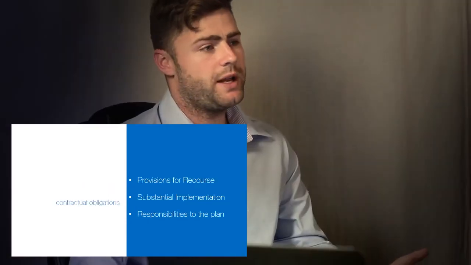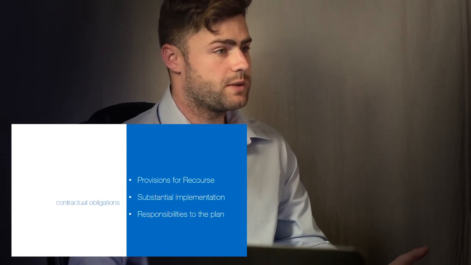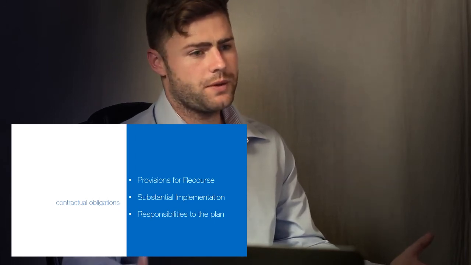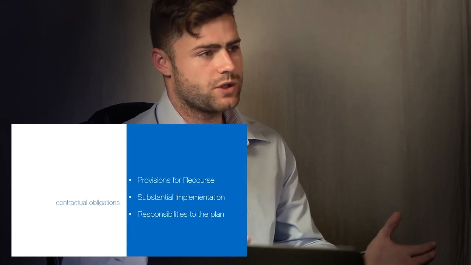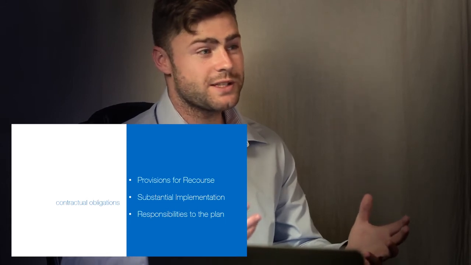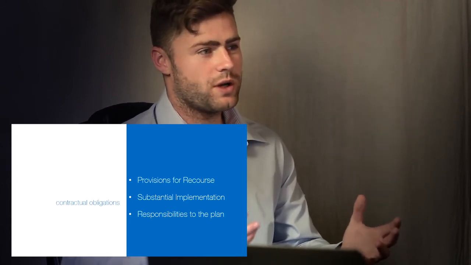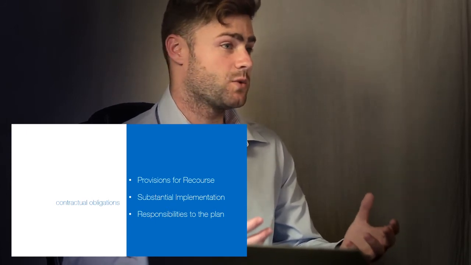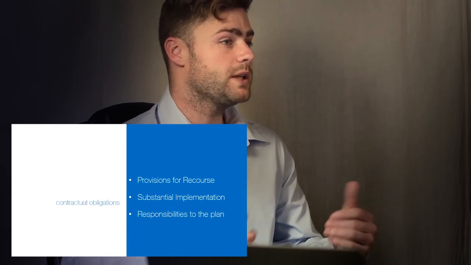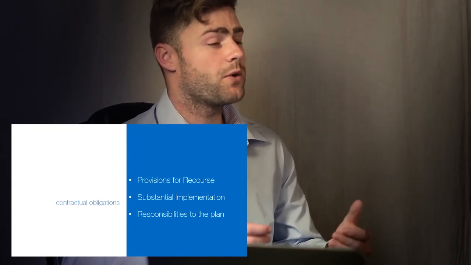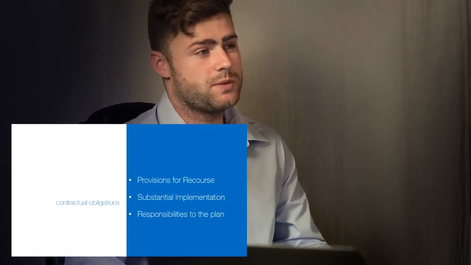Okay, so maybe let's go to contractual obligations. In essence, the plan is a contract. It's a contract between all the affected parties and the company. And keeping that in mind, this contract has to accommodate certain scenarios. So we've got the provisions for recourse. What that entails is that, based on the sensitivity analysis and your forecasts, alternative scenarios need to be accounted for. So contractually, these have to be accounted for as well. You need to build into your plan scenarios that allow for the practitioner to change certain things, and the creditors need to be okay with that. So that needs to be kept in mind as well.